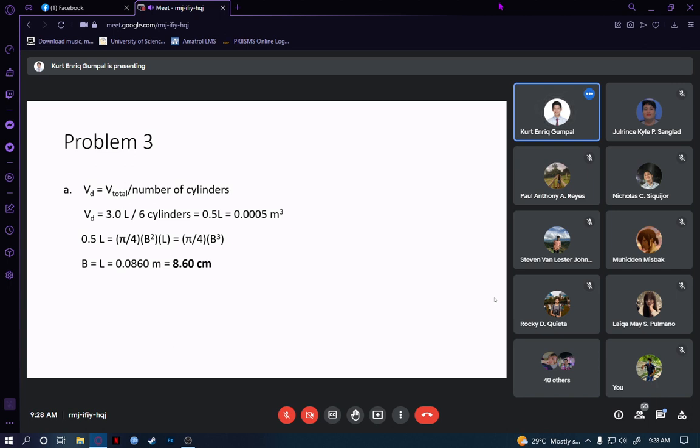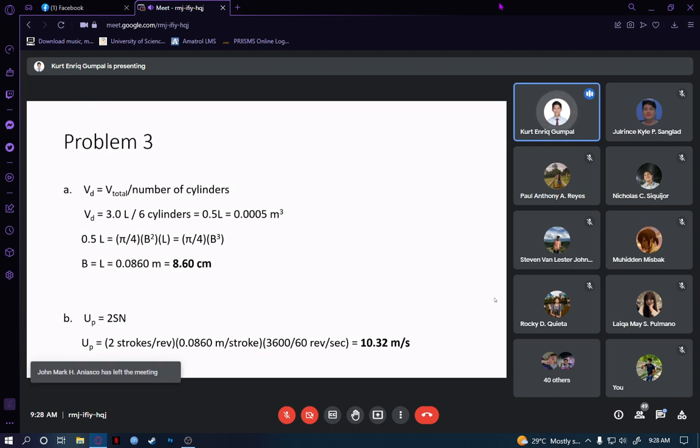Okay? So that is B equals L equals 0.860 meters or 8.6 centimeters. Okay, that is your A. Now your B, your piston speed, I go back to it from earlier. That is your 2SN. So your 2 strokes per revolution times 0.860 meters per stroke times 3,600 revolutions per second, which is 10.32 meters